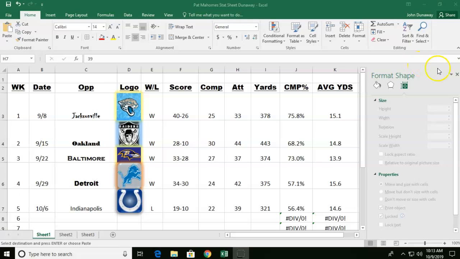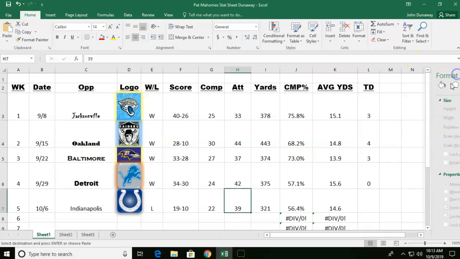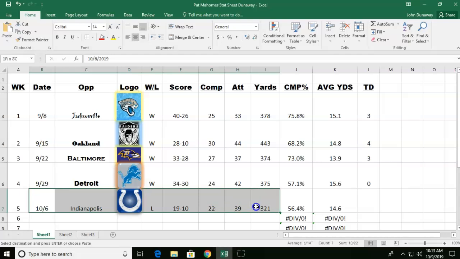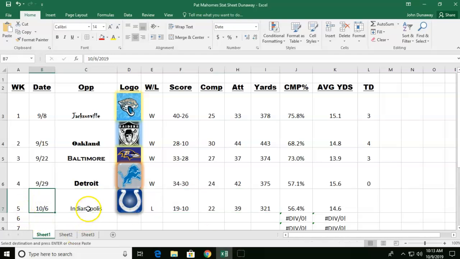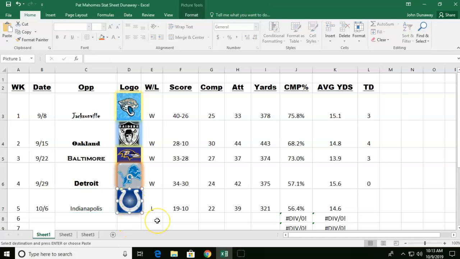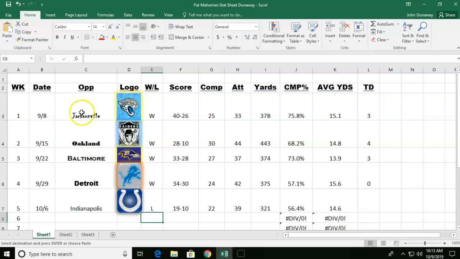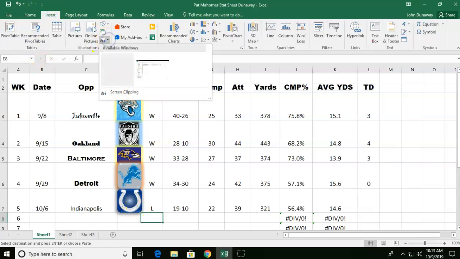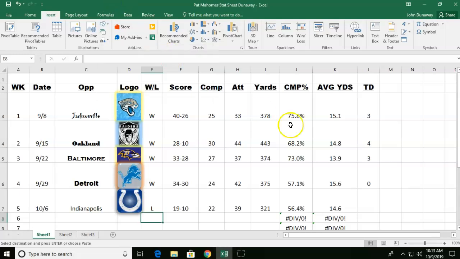Hopefully your spreadsheet looks something like this on your screen. If you started this video, the Google Classroom instructions were to input this data for the 5th game, which was October 6th against Indianapolis. And if you have not put in a logo yet, you can do that. Remember, that is under Insert. Right there, you go to screen clipping, but before you do that, you have to go find a logo